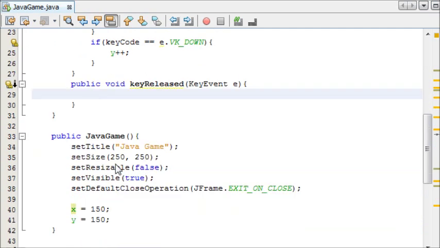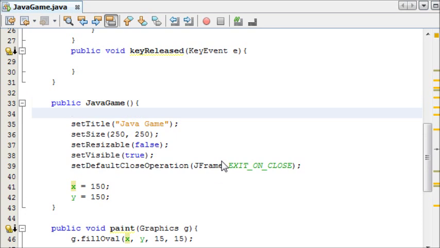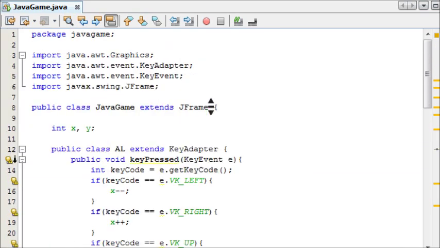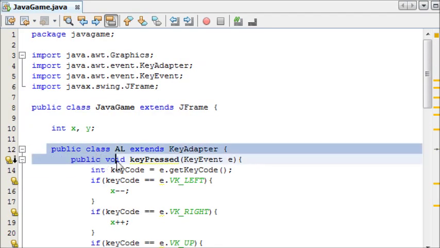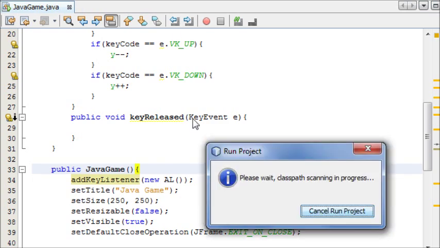That's looking good. And now the last thing we need to do is in our Java game constructor, we need to declare a built-in method that is part of the JFrame called addKeyListener, and we're going to write new AL, which is the class we created here. Now this little class here handles our key events, and this creates it here. So now if we run our game,